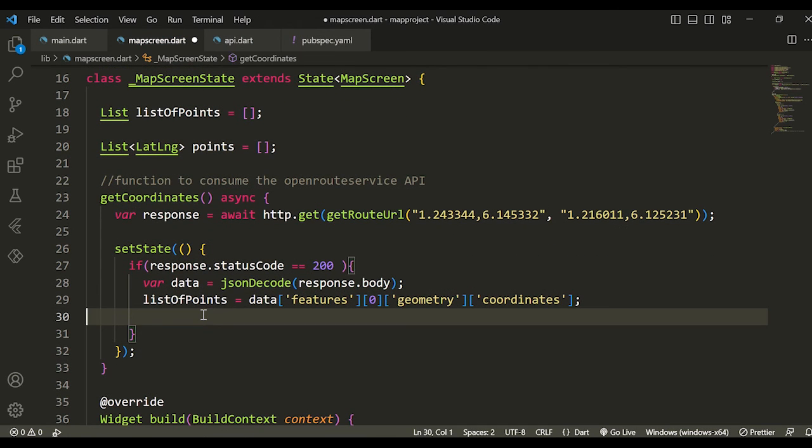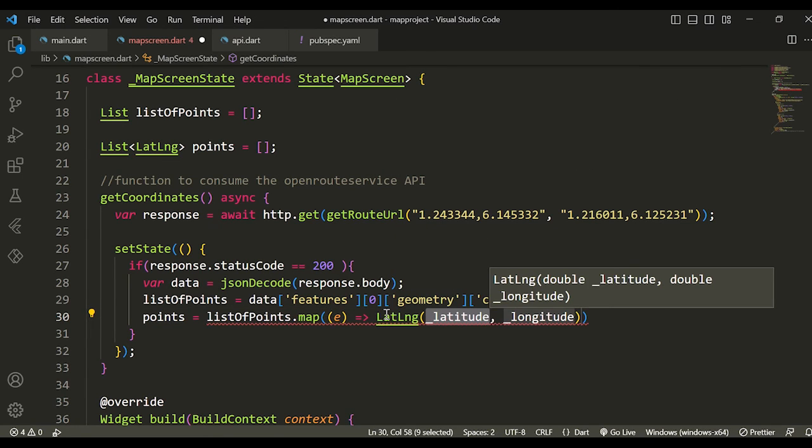Okay, list of points. We have to map this list. So for every